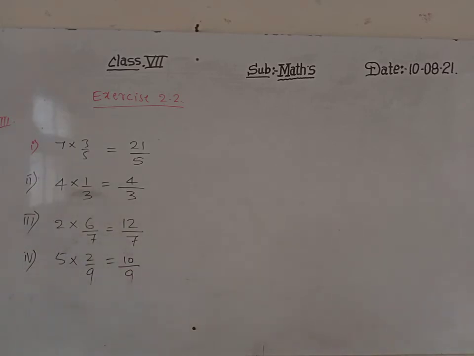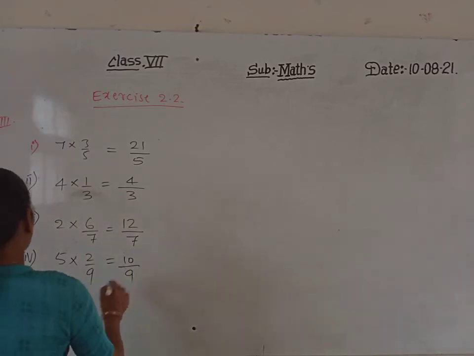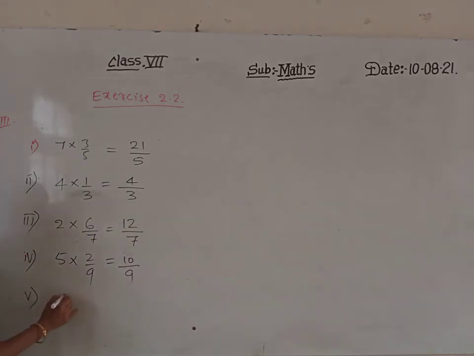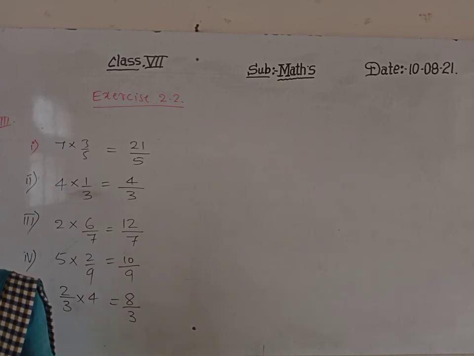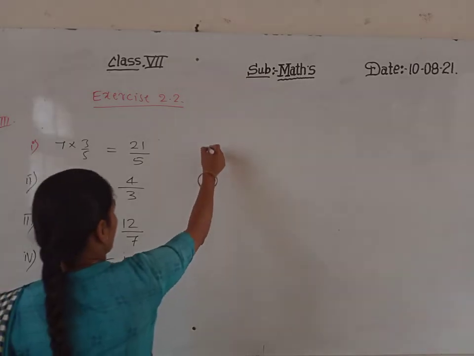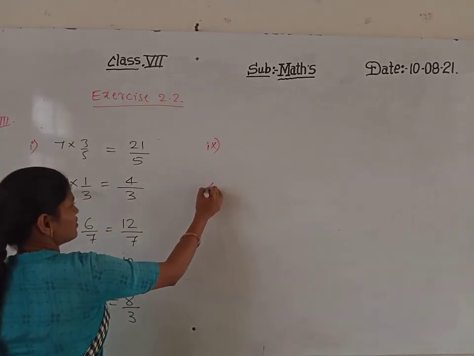Next one, 2 by 3 into 4. However he gives, no issue. What has he given? 2 by 3 into 4. Fraction by whole number. In that condition also, multiply the numerator by the whole number. Yes, same. 4 2s are 8. 8 divided by 3. Sixth one, seventh one, he is giving us big numbers. Okay, this ninth one. Ninth, is it big? 10th also big?